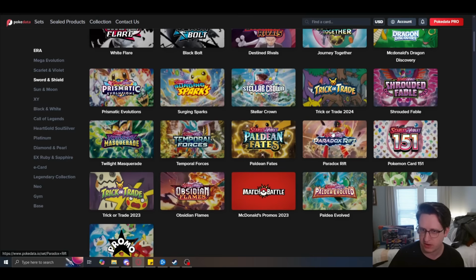Paldean, Paradox Rift, Scarlet and Violet base, Obsidian Flames, similar story for each. I think they're all in pretty good spots on the sealed side. Booster boxes will probably hold some pretty good value for a while, but don't be surprised if demand drops significantly for these sets, just because they're not the most desirable sets when there's other things to be considered. For instance,